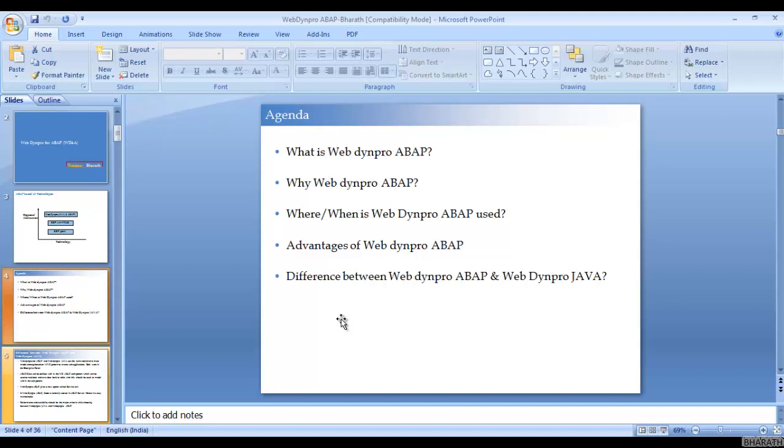Okay, these are the four differences between WebDyn Pro ABAP and WebDyn Pro Java. Now everybody can take a decision after hearing these differences.